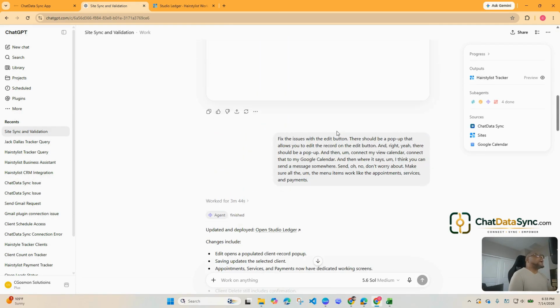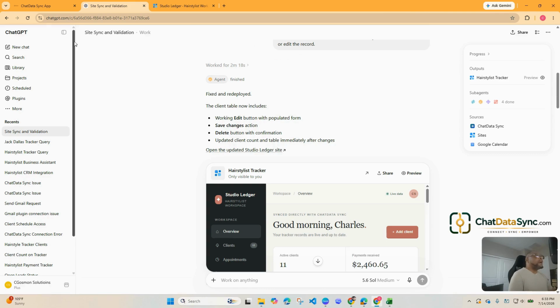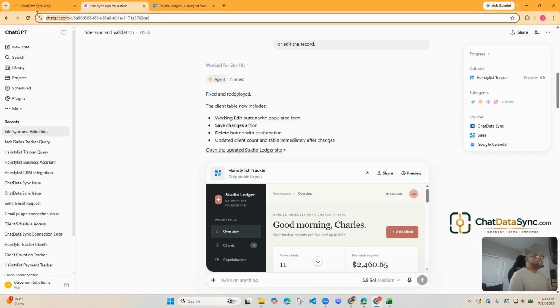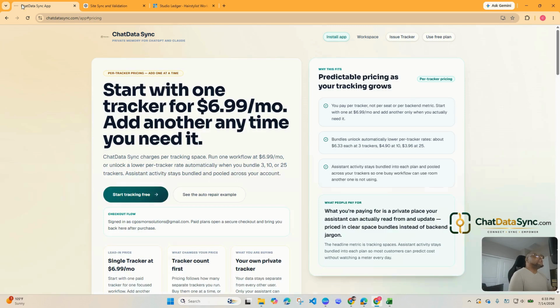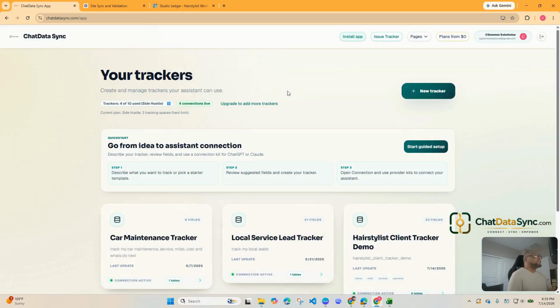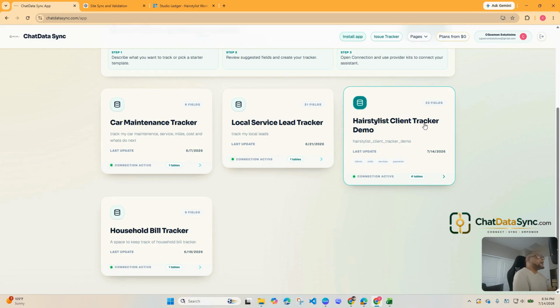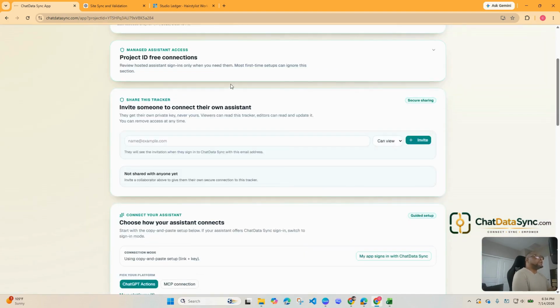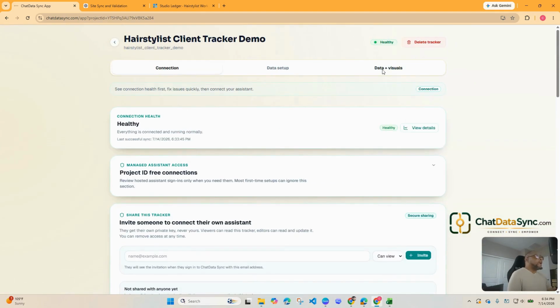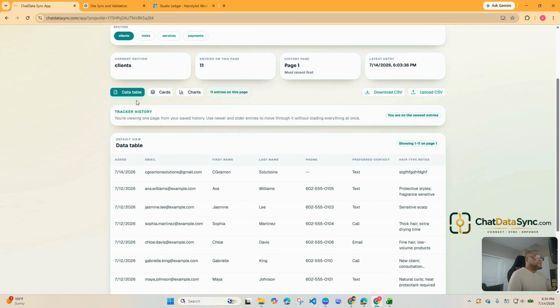Now, how would I do it? I use two tools. I use, of course, ChatGPT, and I use Chat Data Sync, which is a plugin on the ChatGPT store. And what I did was, if we go to our workspaces here, I created this tracker called Hairstyle Client Tracker Demo. And if you go in here, you can see that I have basically a data layer that is powering